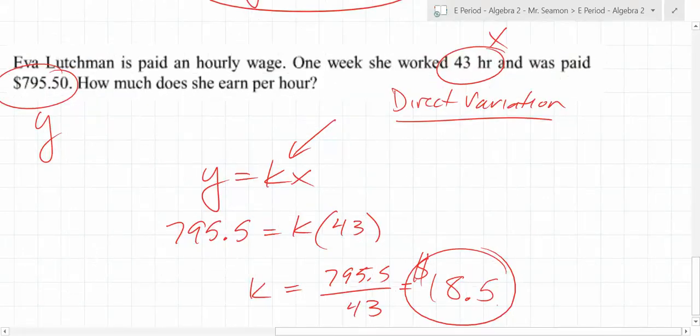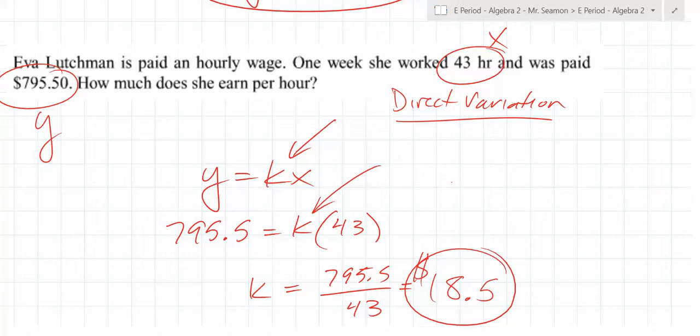Important. Mar just asks, how do you know which one's x and which one's y? You can decide. You can do it either way. But either way, you just have to do a reality check at the end. So the point is, if it's 18.5, what does that represent? Every time this goes up by 1, she earns $18.5 more, and that should make sense when you check this because 18.5 times 43 is going to be